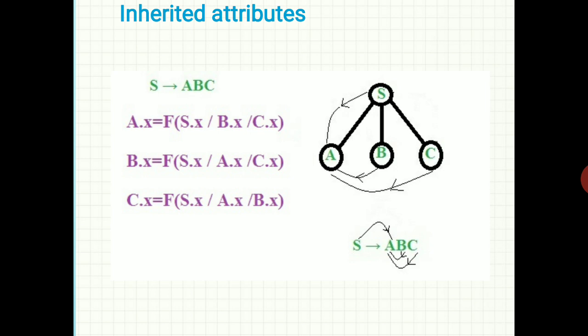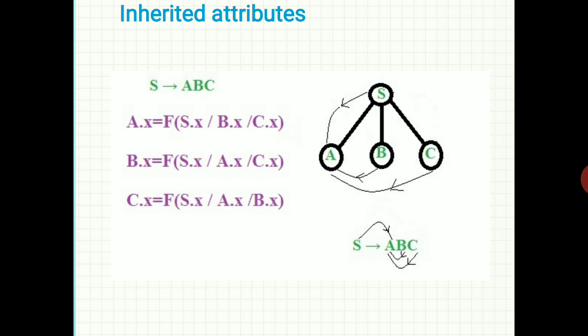In the same way, we can evaluate the value of C as a function of S, A or B, that is, from its parent or its siblings. The value of A can also come from S alone, or any one sibling alone. That is, A.X can be f(S.X), or A.X can be f(B.X), or a combination of all three things.